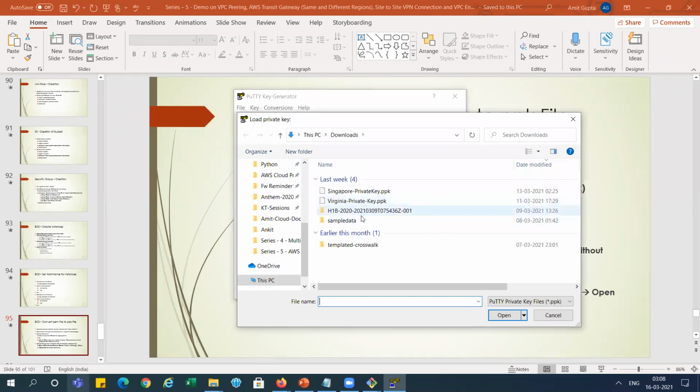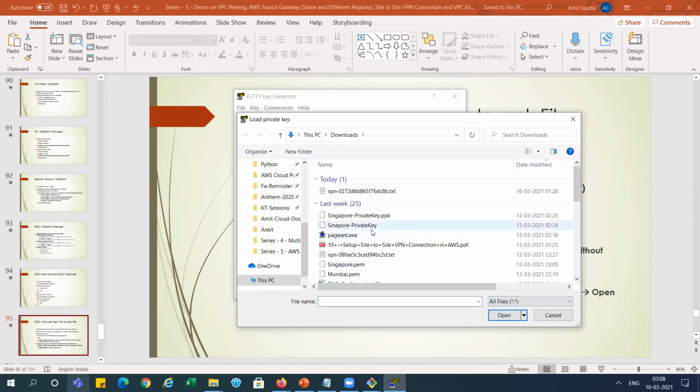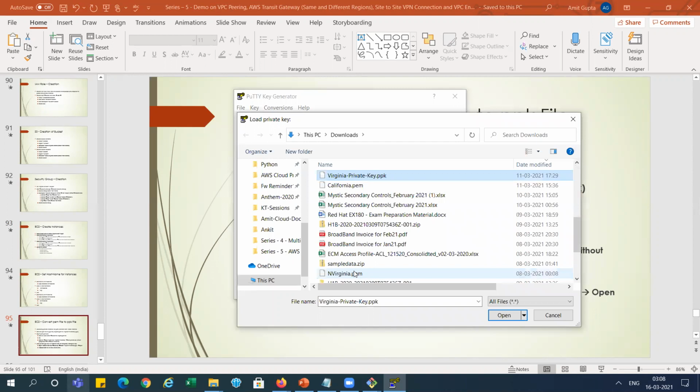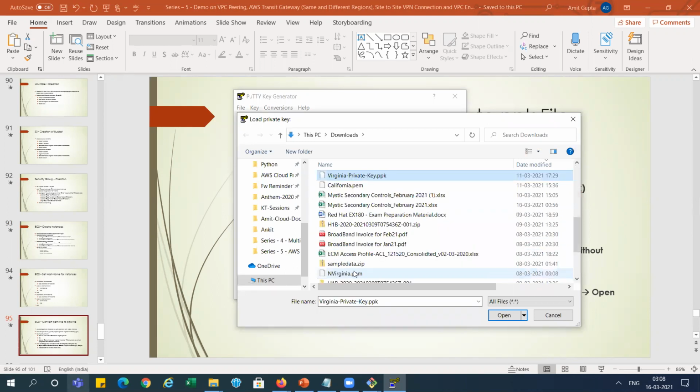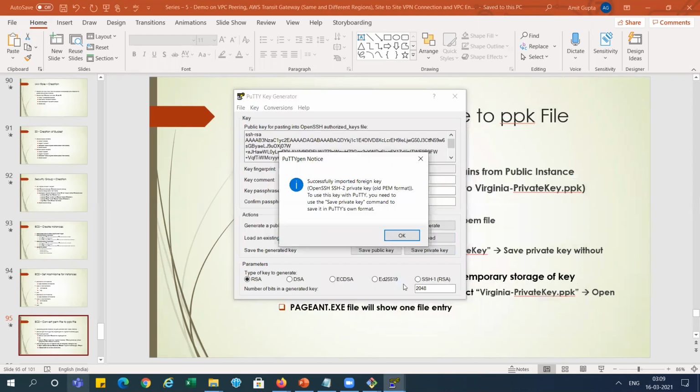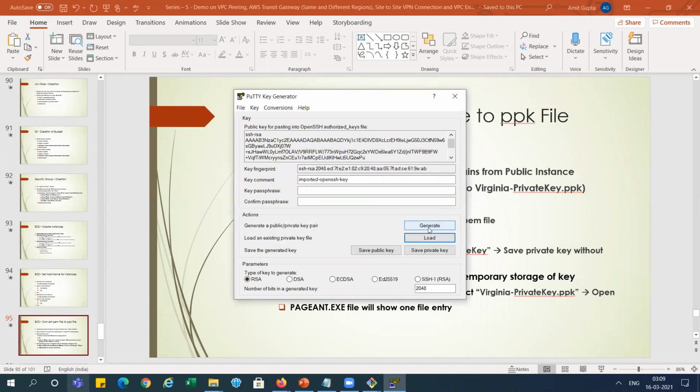We need to select all files here, and you can see Virginia. This is the Virginia PEM file, right? So I'm selecting the PEM file from here. It is successfully imported, so we do not need to generate it.